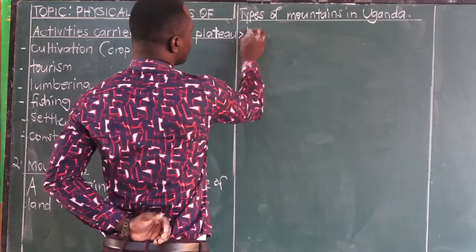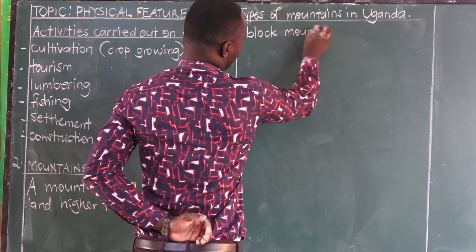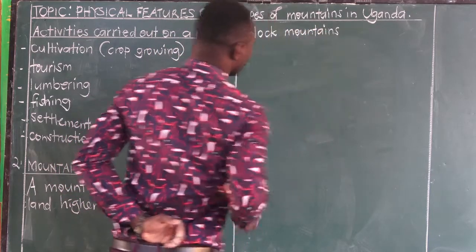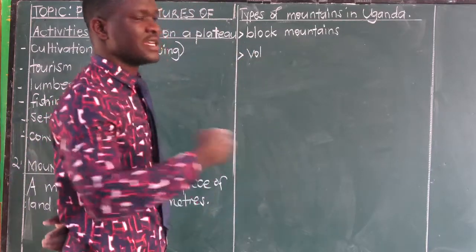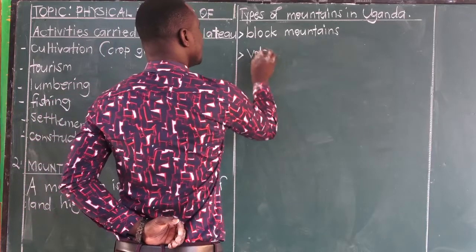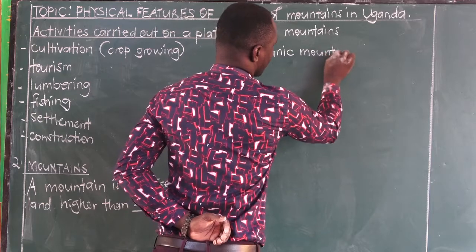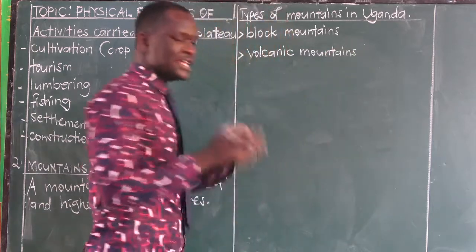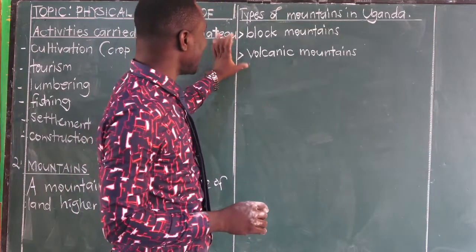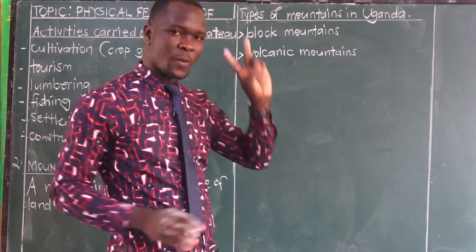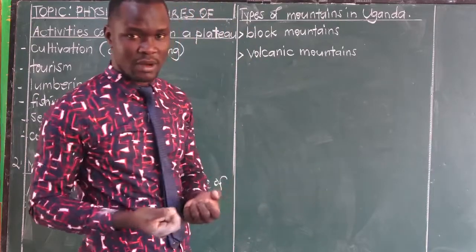Therefore, we have what we call block mountains. And then we have those mountains which were formed as a result of volcanic eruption or volcanicity. We call them volcanic mountains. So these are the two types of mountains that we have in Uganda. I want you to be very careful with this. Understand that Uganda has got two types: block mountains that we can also call fault mountains or horst mountains, and then